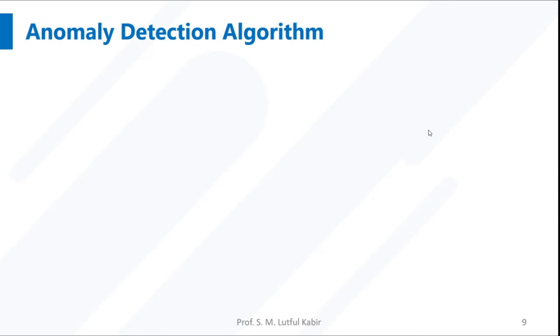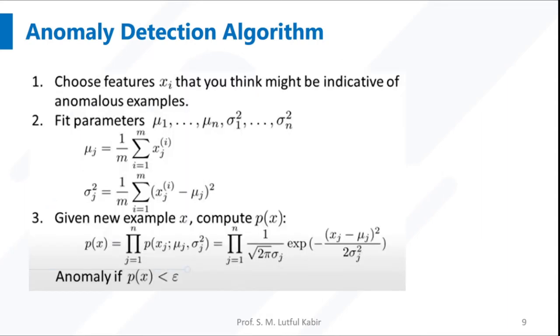So let us summarize what we have already discussed and choose the features xj that you think might be indicative of anomalous detection. That means choosing features is important. For a certain problem, for example, finding hackers on the web, you have to choose the features carefully so that they are representative for anomaly detection, and feed those parameters like